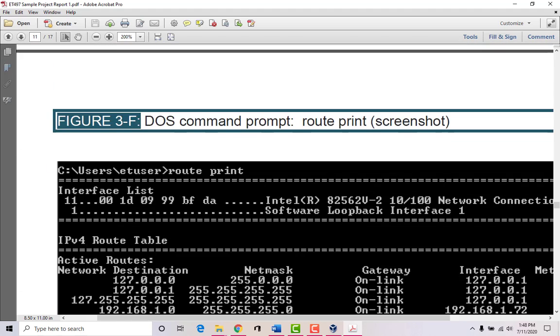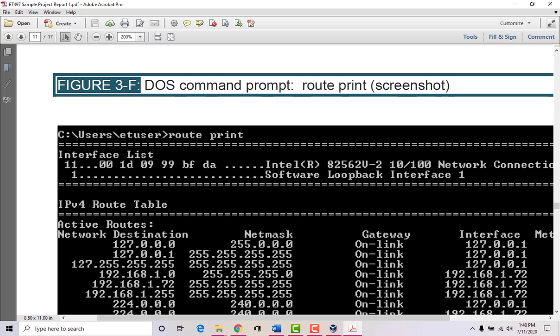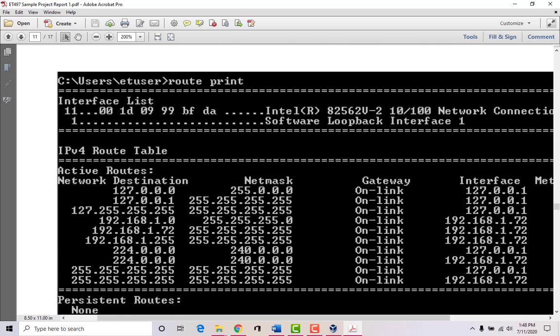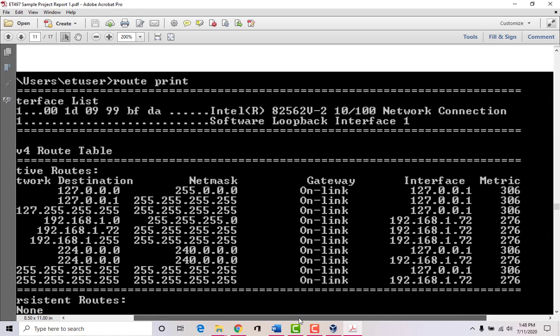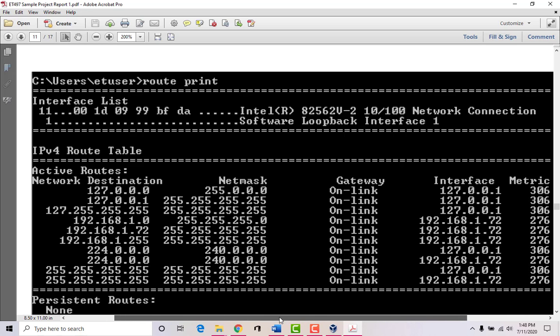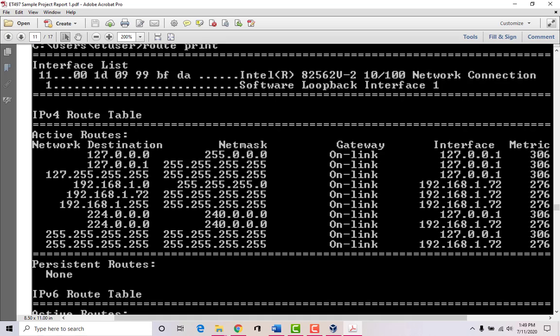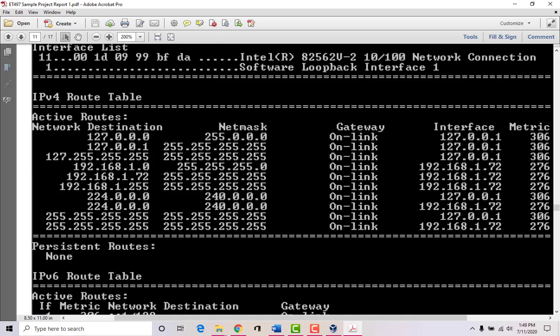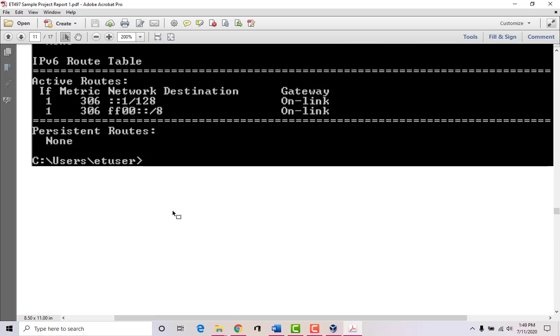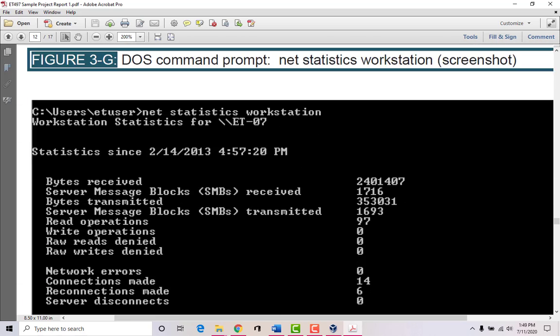All right, this is a routing table. This is basically telling you that when you're going from one network to another, what IP address is it using to route packets from one place to another. So it's just a good way to know how your packets are going out of your machine to the outside world. Okay, what else we got?